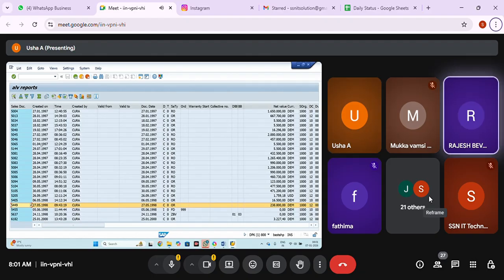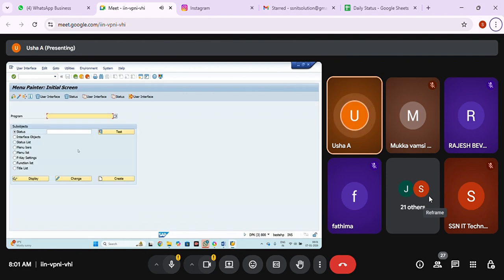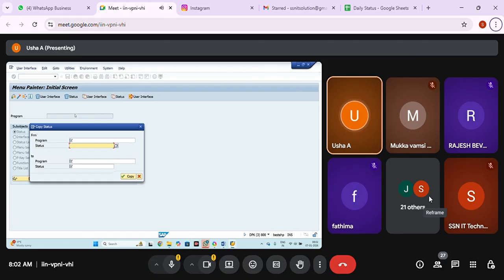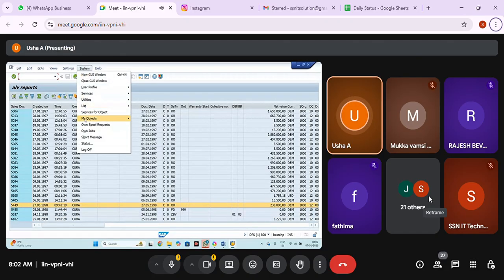Yeah, ma'am. So without disturbing, if you click on create, it will create new, no old buttons will be available. So I'm not going to create the status here. Whenever it is an ALV report, we need to copy the status. SE41 is the T-code. I'm not going to create the status. I'll copy the status because I want all the existing buttons along with the extra buttons. How do I know this status name? Any ALV display, go there, system status.